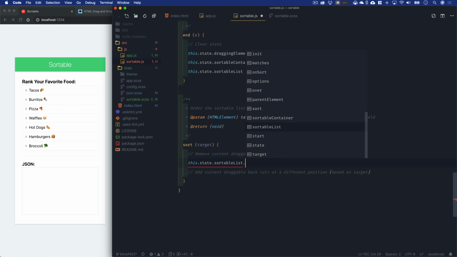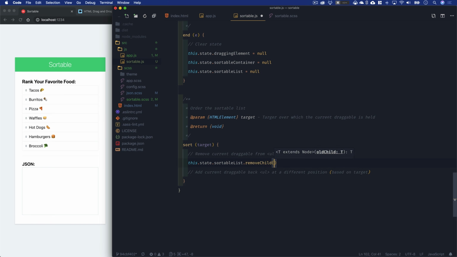this.state.sortableList.removeChild. So there's a method called removeChild that you can run on an HTML element, which is going to be what our sortable list is. And basically you just give it a reference to that HTML element, which we already have through this.state.draggingElement. So we're going to remove the thing that we're currently dragging from the sortable list, which is the unordered list. And then next we're going to add it back, but we're going to add it after the target